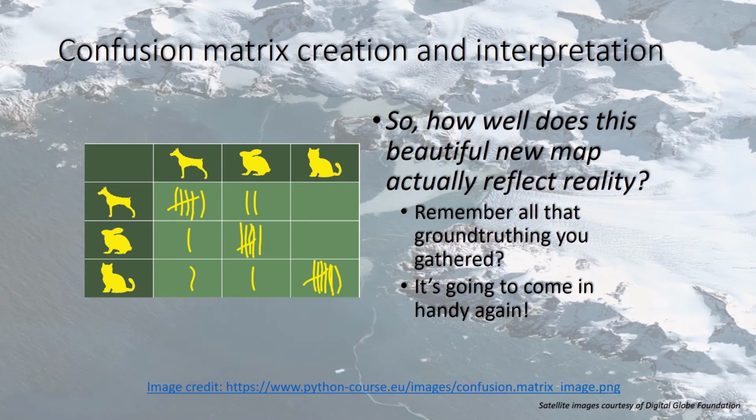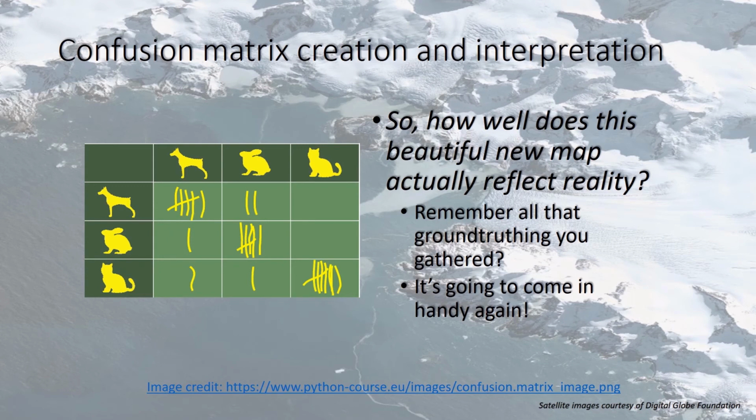So to be more fair, you have to test the map using data you separated out early on that didn't have anything to do with how the map was created. It's just one more step to make sure that you're actually being a little bit more careful with how you check the map accuracy. So anyway,